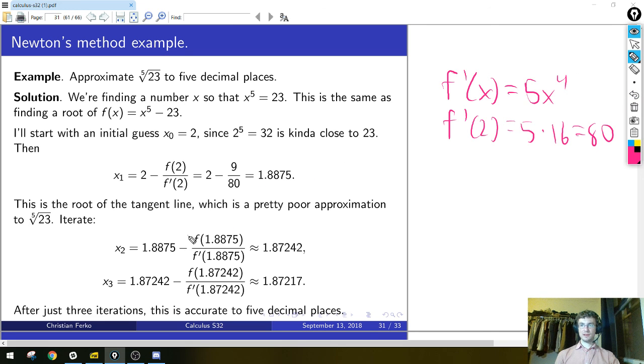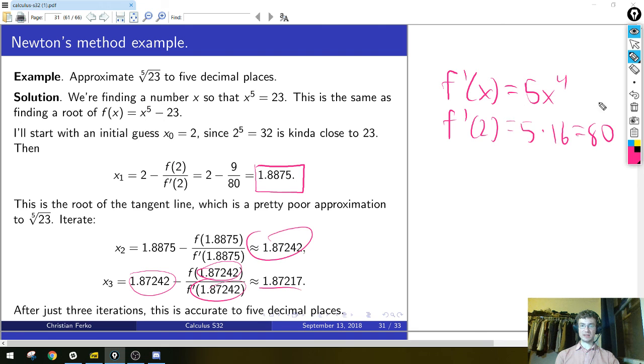I won't go through evaluating these because you just put them in a calculator, but the idea is that you now use this as your new guess. So at the next step, you take that number and subtract f evaluated at that number over f prime at that number, and you get some new estimate, and then you do it again. So you take this estimate and now take that minus the function over its derivative at that new estimate